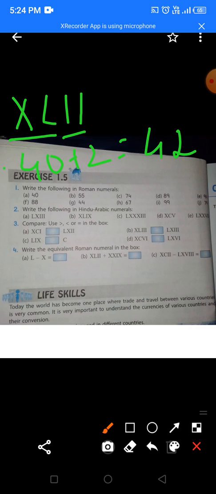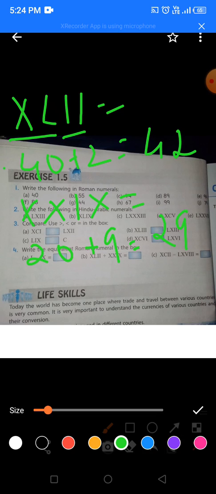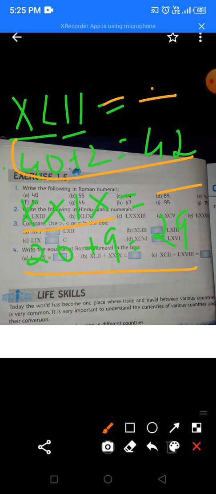Then you will look at this numeral, the next numeral which you have to add. There are 2 tens and 1 9. So this is nothing but 20 plus 9. So this is 29. Okay children. So now this much you will write it. Just put equal to. I do not have place here, so I am writing in the next line. You will just write in front of this. And here also I do not have place, so I am writing below. You will write here in front of 29, the Roman numeral 29. This much you have written.